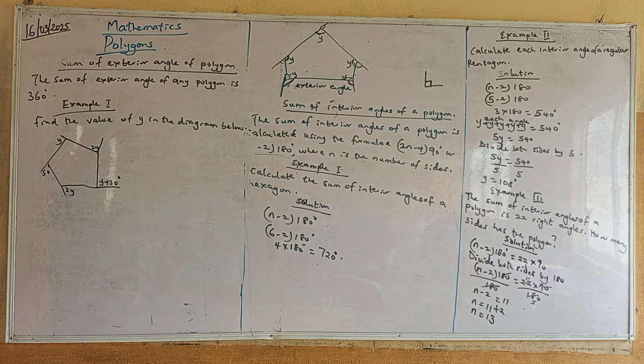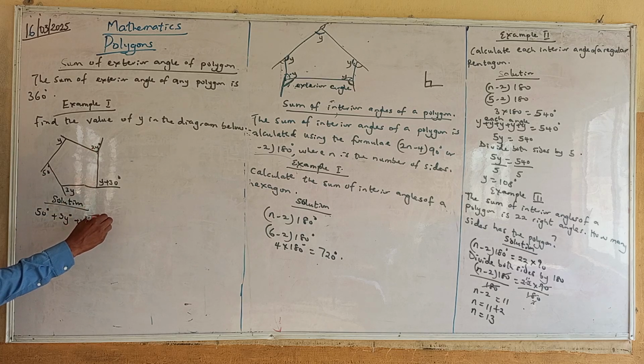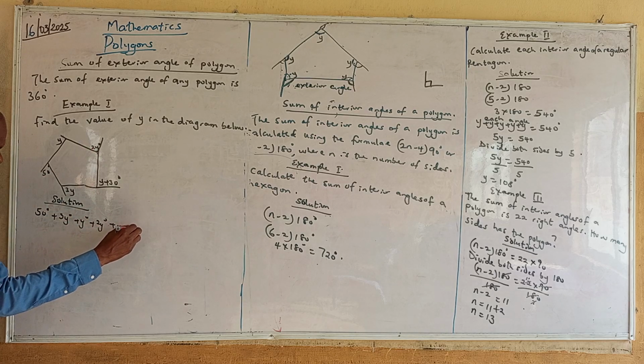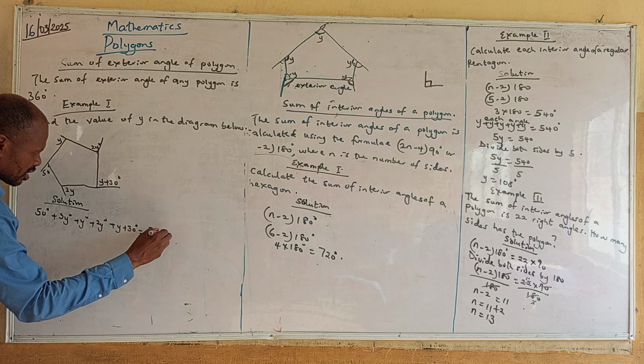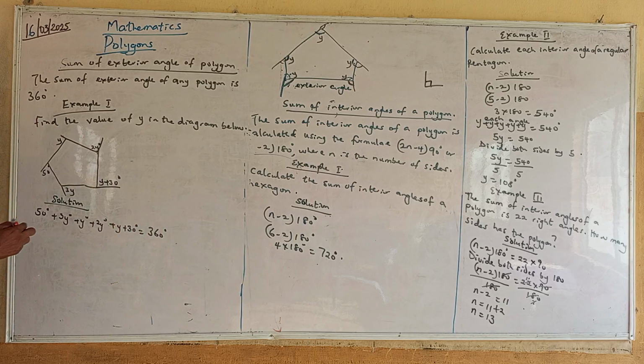Yes, this is a typical example. So we have to find the value of y here. These are exterior angles. So, solution: I will have 50 degrees plus 3y degrees plus y degrees plus 2y degrees plus y plus 30 degrees equals 360 degrees. So 50 plus this will give me 80 degrees